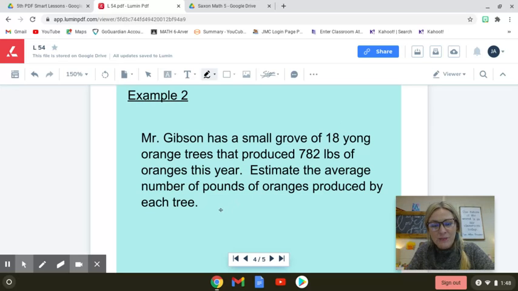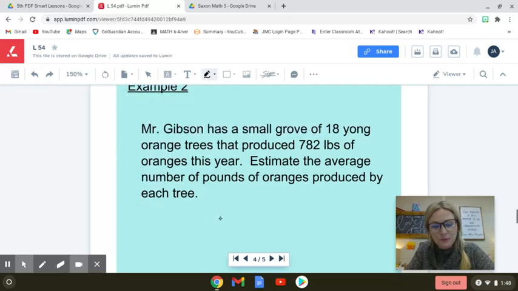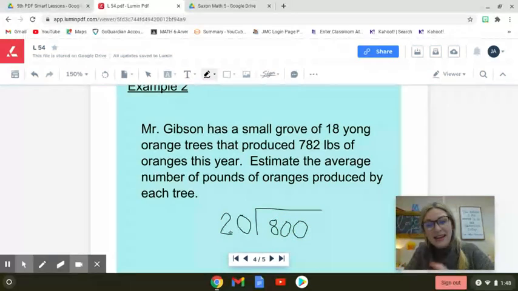When we look at 18, instead of thinking 18, we can think 20. You know what? I'm going to move that down a little bit. We can think 20. It's pretty close, right? And instead of 782, we can think just 800. Now when I'm looking at these numbers, this is way easier to do in my head. And even easier than this, I can break it down by just looking at the counting numbers. We have a 2 and an 8. So even if you weren't able to quickly think about 20 and 800, you can think about just 2,